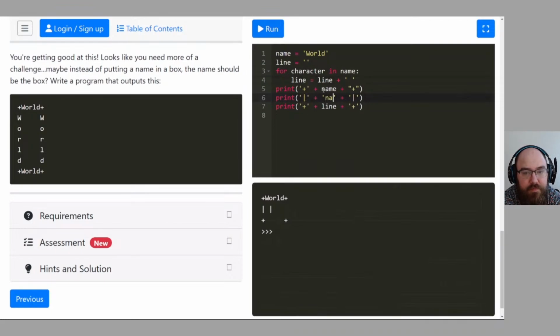Wait, what am I doing? I don't know. I feel like if I fix this real quick, it'll help me understand better what I need to do. There we go. I just want to get that out of the way and just worry about what to do in the middle. So between line 5 and 6, I know it's going to print something.